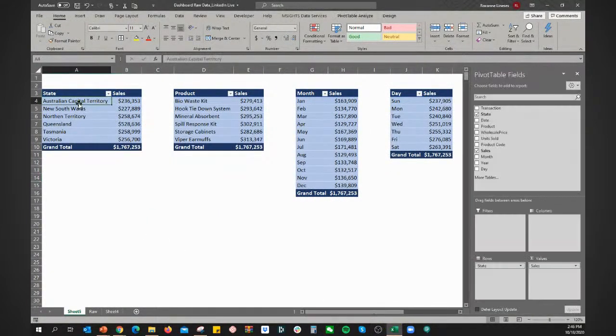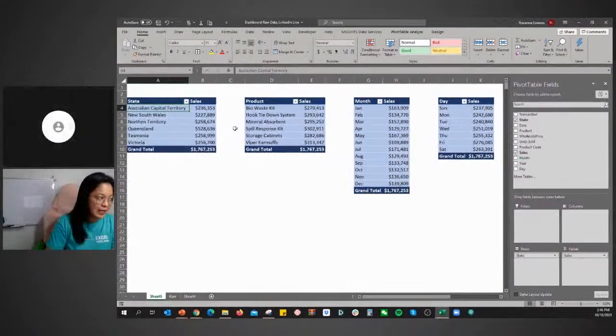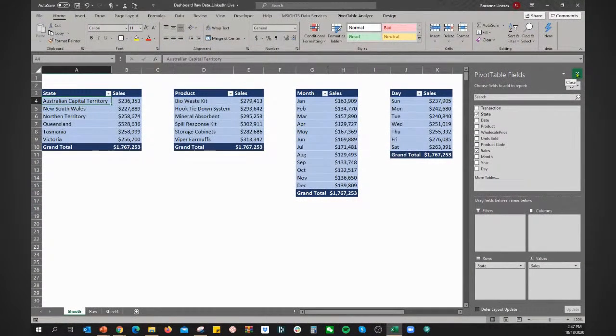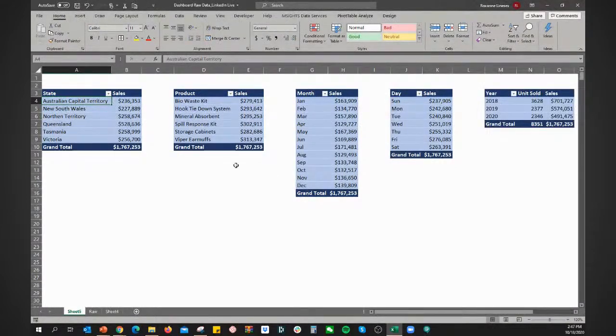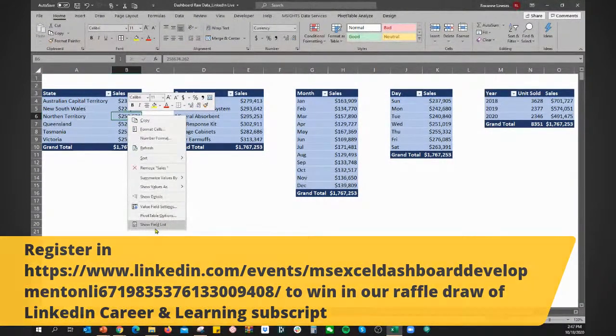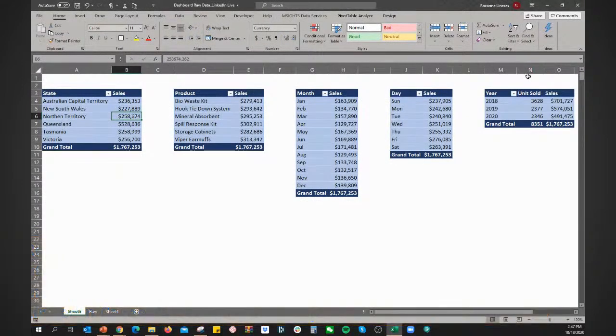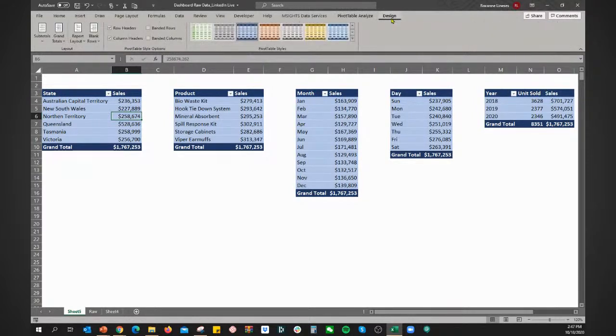Okay. Next is, we're gonna produce, ito pala guys, itong PivotTable Fields, di ba lumalabas siya if I click a pivot? So, let's say accidentally na-close itong fields. I-right-click nyo lang and meron tayo ditong show field list. Okay? So, close nyo na lang siya if hindi nyo na siya gagamitin. And you can also